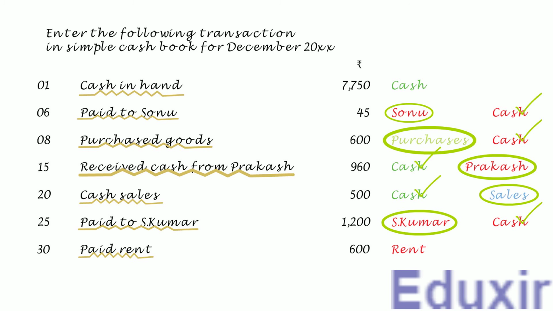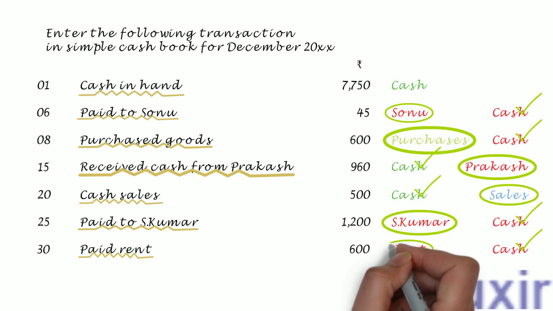At the same time, as the payment of the rent is done in cash, the cash asset of the business will be decreasing. The rule to record any decrease in the asset is to credit the corresponding assets account. In this case, the cash account should be credited. In this transaction, as you can see, the cash is on the credit side. So it needs to be posted on the credit or payment side of the cash book. Note that the particulars that need to be posted into the payments column of the cash book is rent.